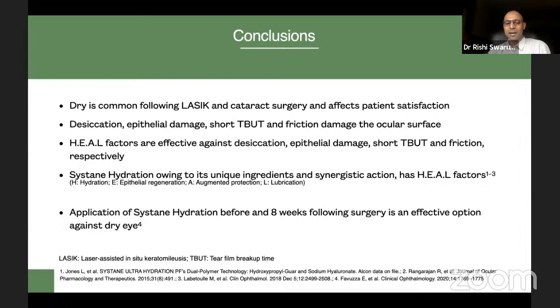I think it's a good molecule that Alcon has brought to the Indian market, and they have priced it almost similarly to their previous molecule of Systane Ultra. And I personally have used it in my own eyes, and a lot of my patients, I've moved them over to Systane hydration, and I can see that the patients are loving it, and they're happy that it has come to the Indian market. And I hope in future iterations, they are even able to come with a preservative-free formulation, which will increase the value much further. Thank you.